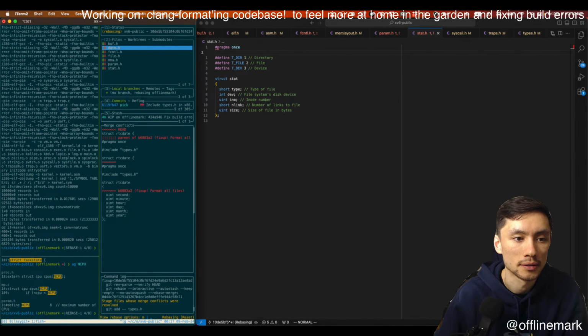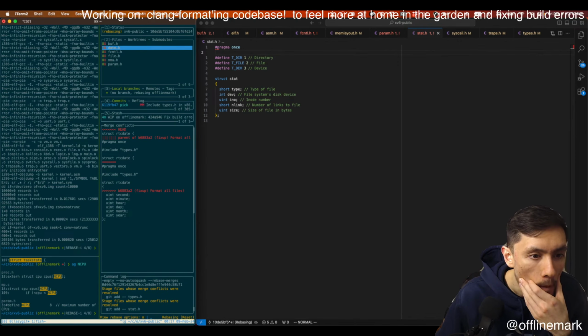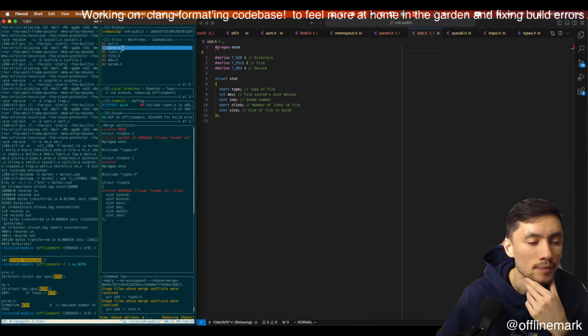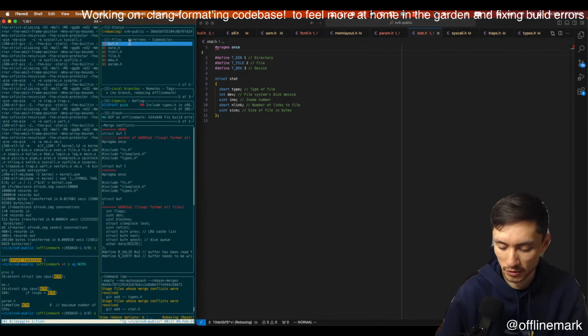If we look at all these conflict markers, you can clearly tell the one that's been formatted by the fact that the struct thing is there. Now, in this case, the resolution is quite simple.